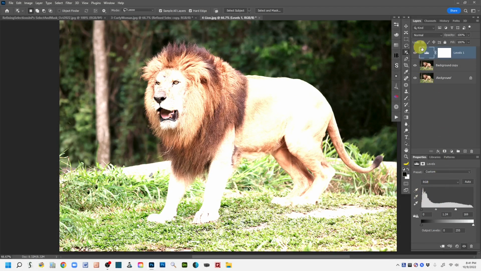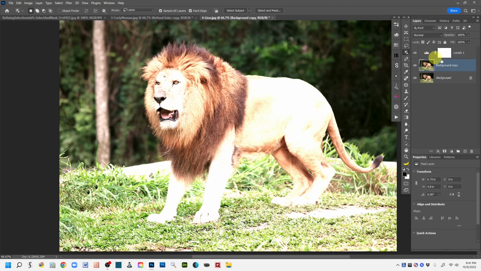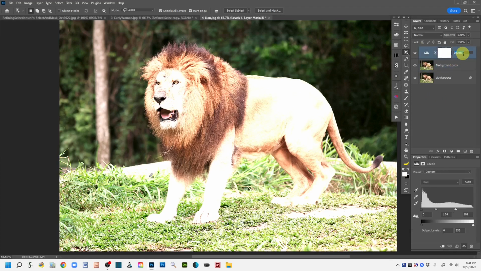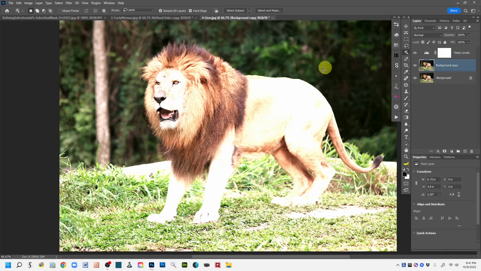Okay, so now with that, I'm going to come back to my lion layer, because this is going to be a temp. I'm going to just type on this so you can remember here. This is a temp level. Okay, come back to the lion, and now instead of starting and making a selection while we're still here in the